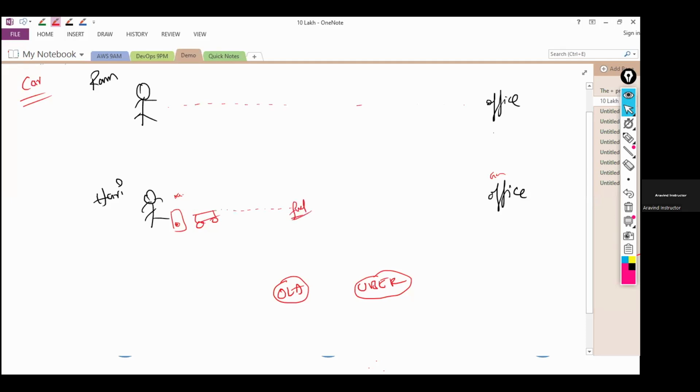Then who has to fill the fuel? Whether Hari or the Ola driver? Since he took the service from Ola cab, the Ola driver has the responsibility to fill the fuel. The Ola driver filled the fuel and went on to office. While going to office, suddenly the car tire is punctured. Who has to replace the tire? The Ola driver has to replace the tire, and finally he will drop him at his destination and say, okay, the ride charge is around 500 rupees. Hari will pay 500 rupees and go to office.